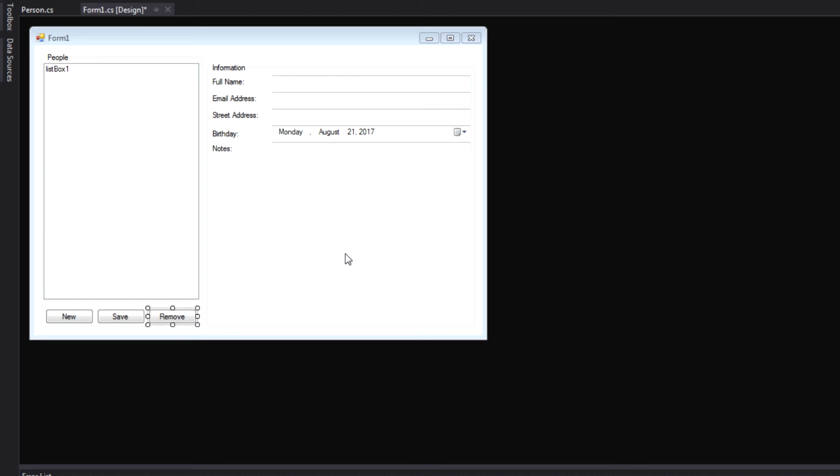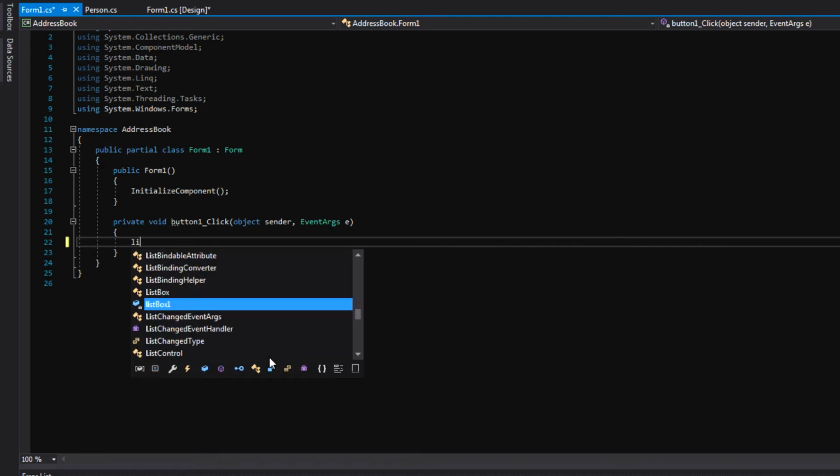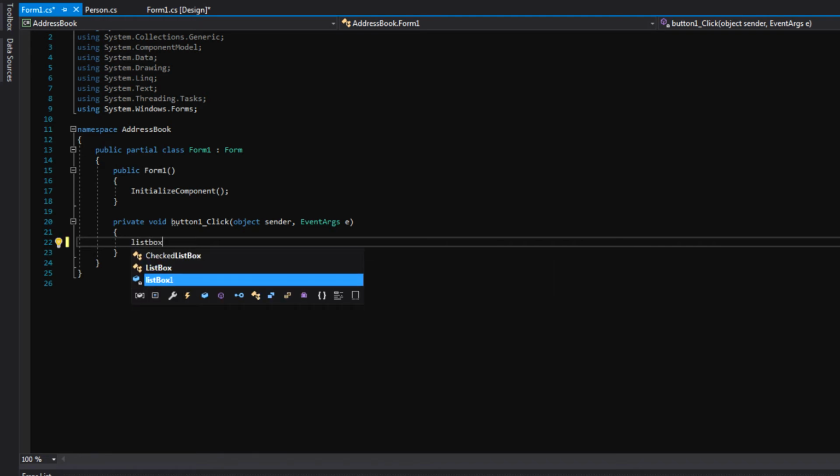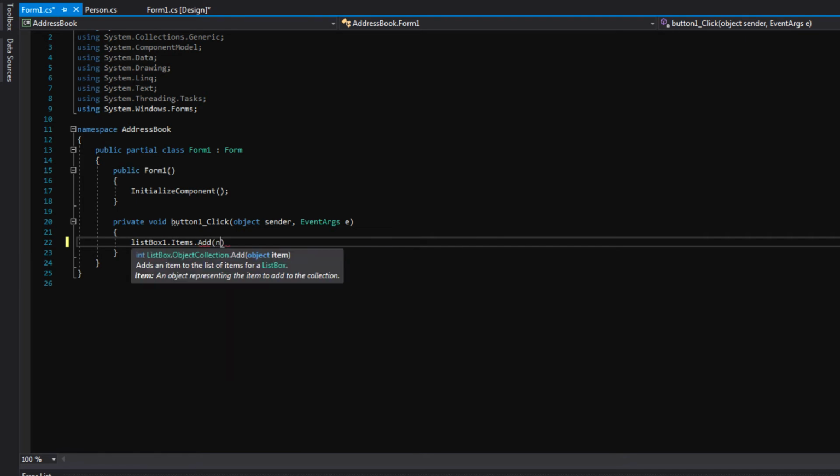So let's do the easiest thing first. Let's create a function for creating a new person. Let's double click the new button to make this button's click function here. And whenever this is clicked, we will say listbox1.Items, and this is the list that's in that list box to the left. We can store anything we want in here, but we want to store a new person,